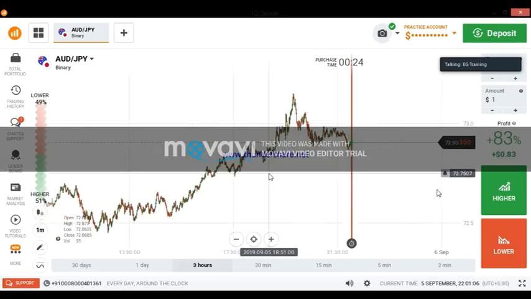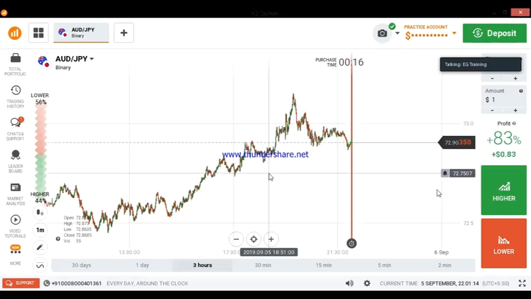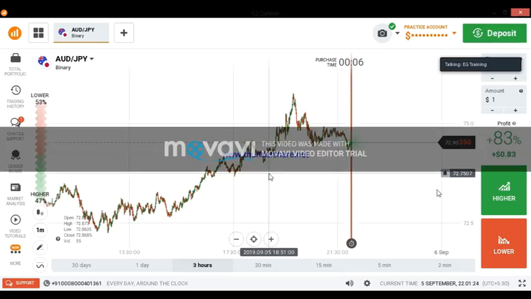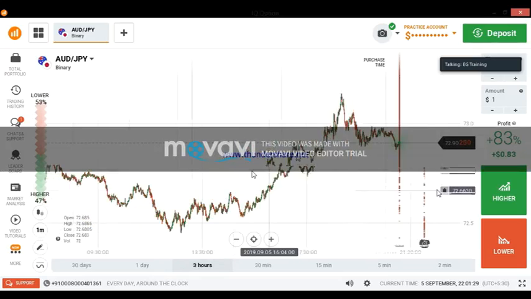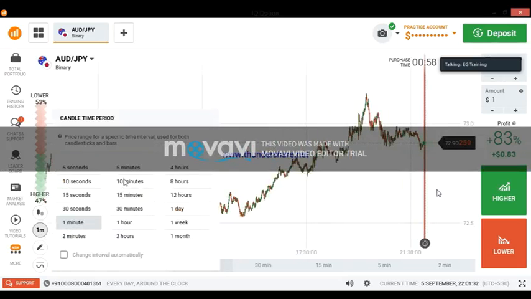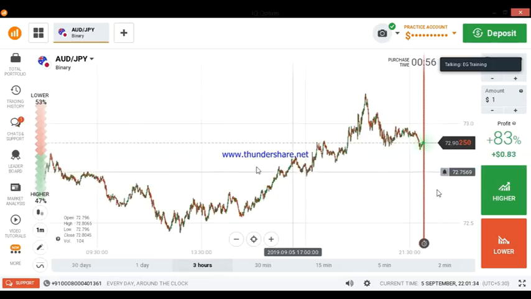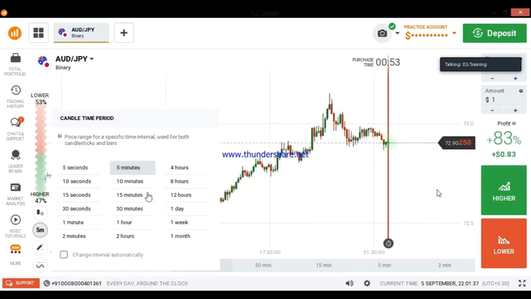The strong levels, you can trust them, you can place your trades with confidence. You will get mostly ITM if you place your trade at the strong levels. Sometimes you will lose because there is no 100% sure, but you will get more than 90% win ratio if you place your trade at the strong levels. And I will show you how to draw the strong levels. This is a 1 minute chart. You can draw the strong levels on a 5 minute chart too. There is no difference. You can draw the strong levels on 1 hour, 1 day charts too. There is no difference. Okay, I will show you in 1 minute.